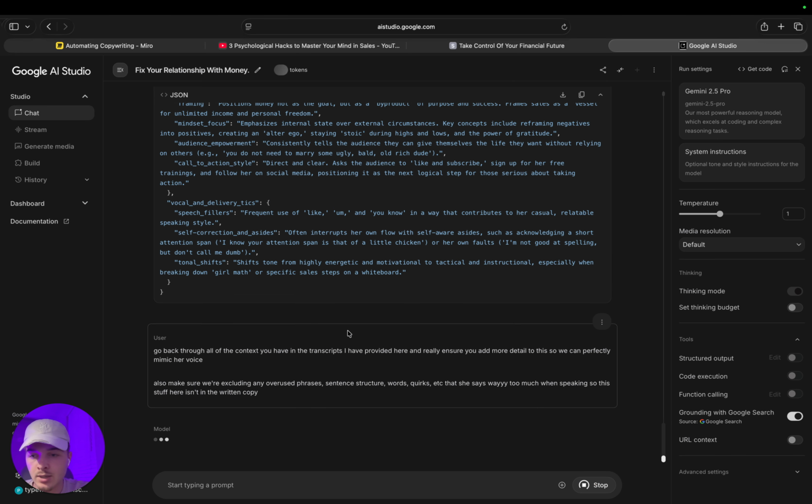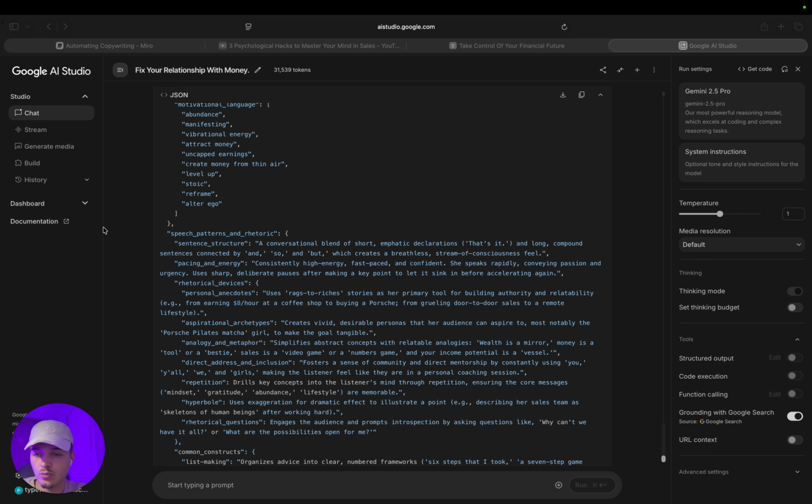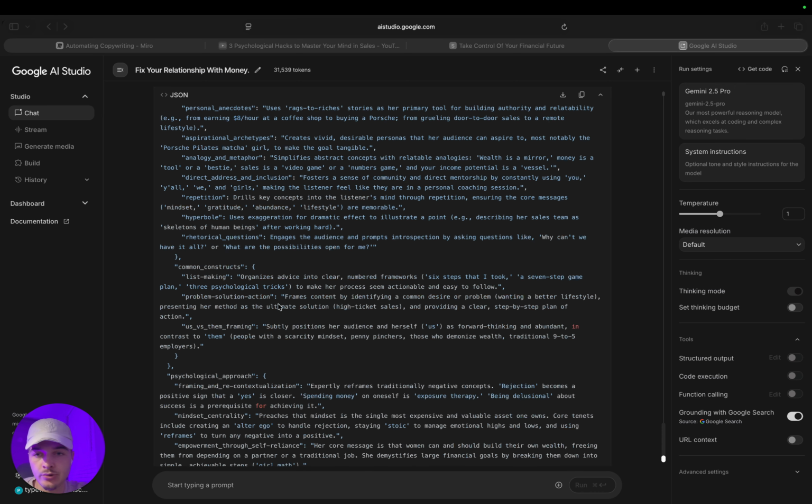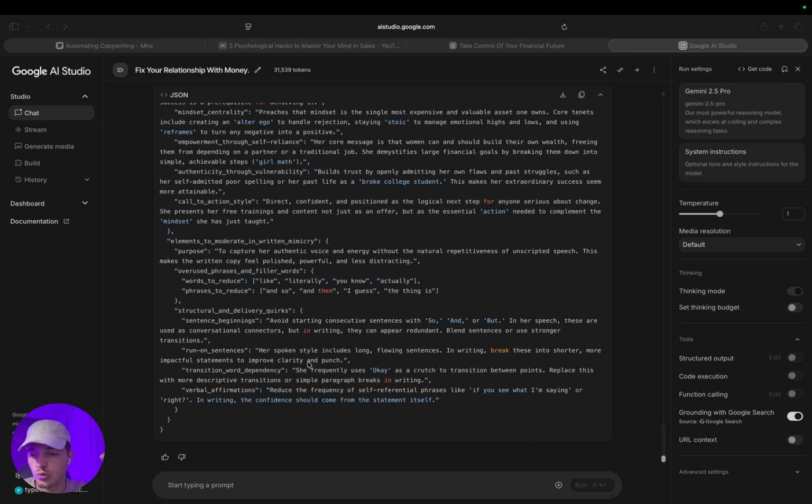Boom, now we're gonna run that, and I'm gonna get back to you when this is done. Okay, now this initial run through where we added more detail is complete. As you can see, a lot more advanced, a lot more detail in here. So now we're gonna get to creating the next context profile, which is going to be essentially go